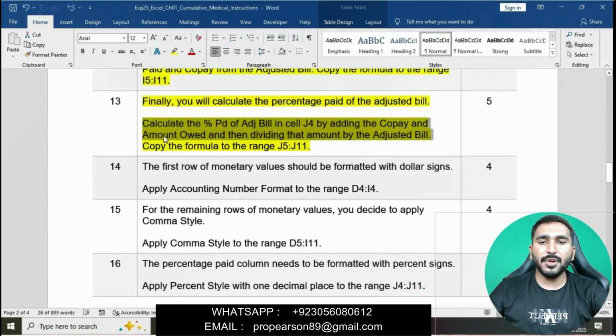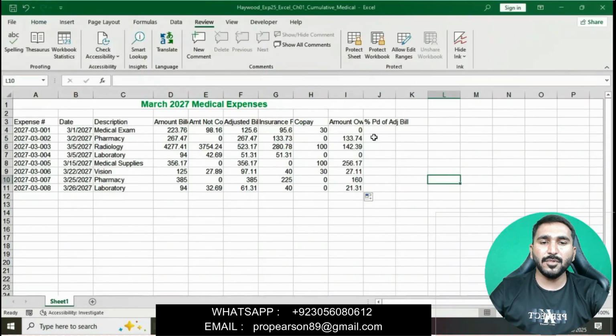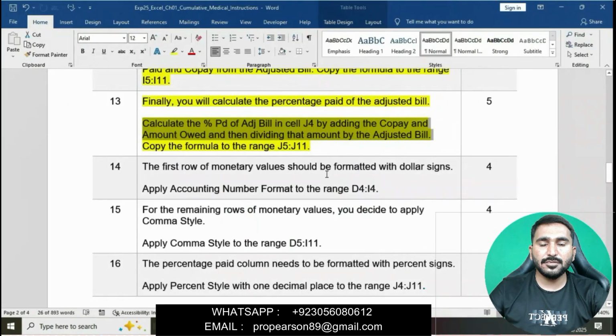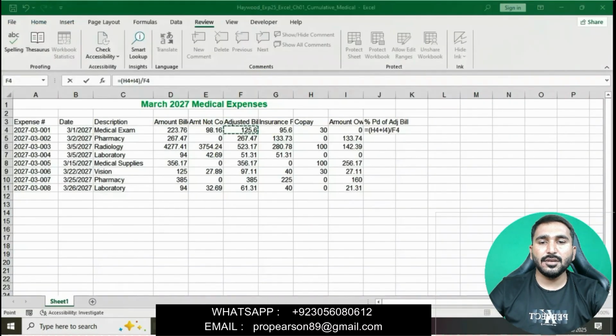We will add the copay and amount owed in I4, then divide by the adjusted bill, then press enter.